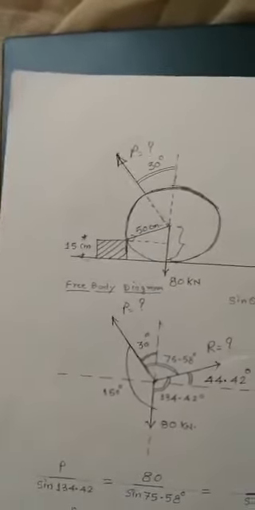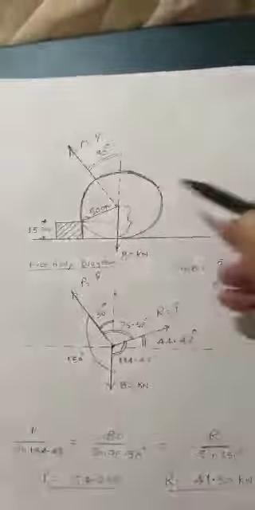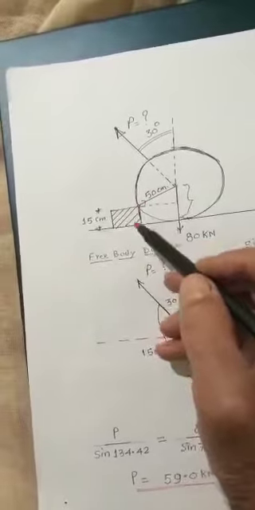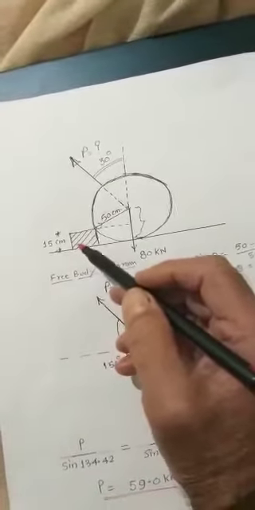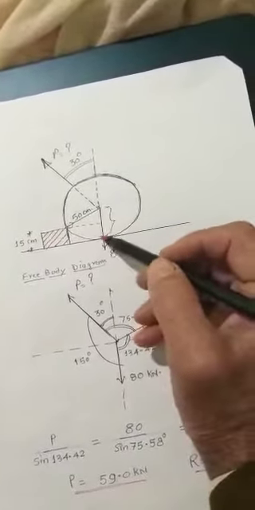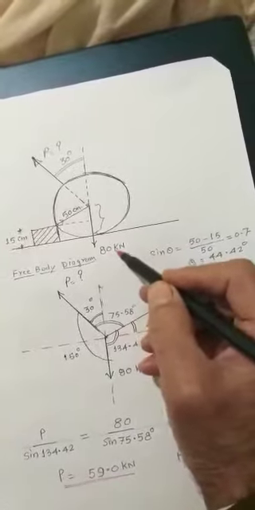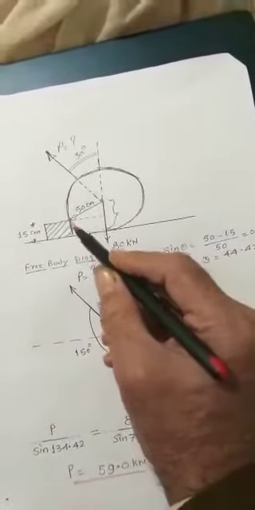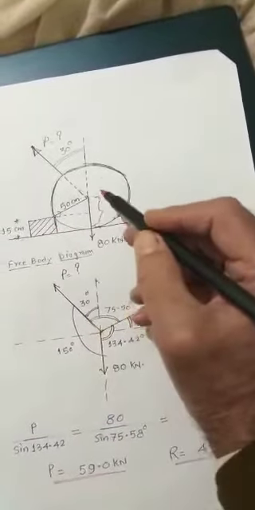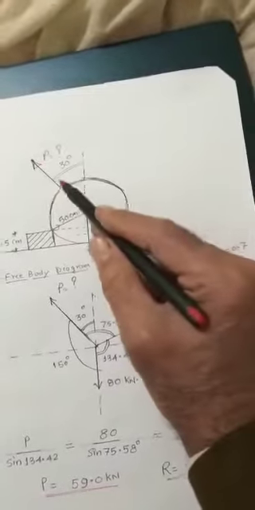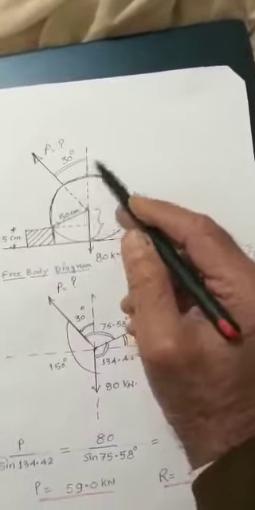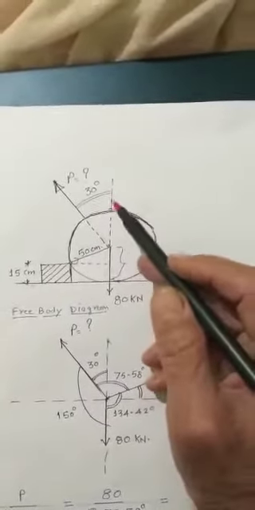Okay, now this is the ball which is rolling over here. There is some obstacle which is coming over here, some stone or some block is there. Now the radius of the sphere is given, the weight of this sphere is also given, and the height of the block is given. And we are supposed to find how much pull we are going to apply, because it has been given that you are applying a pull at an angle of 30 degree with the vertical. This is the given problem.